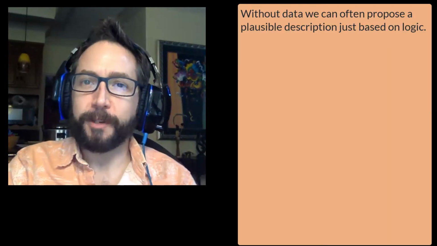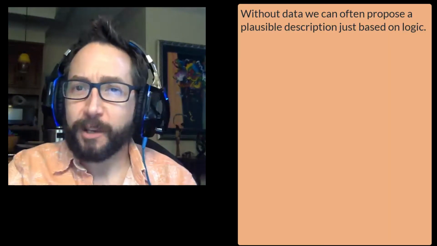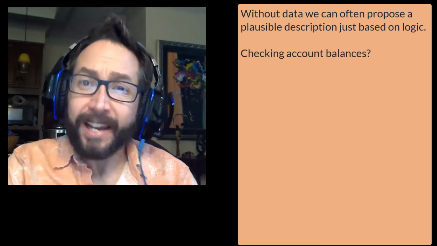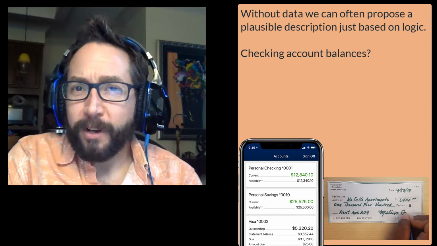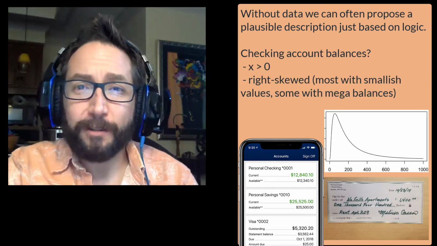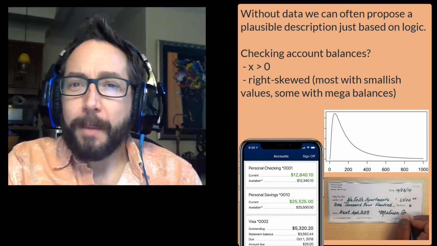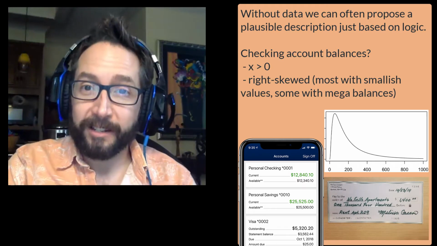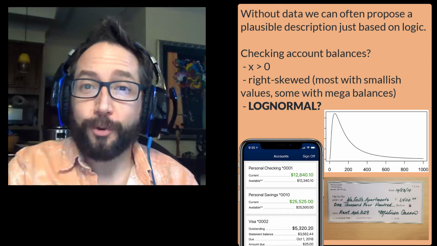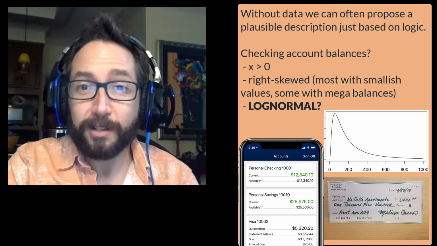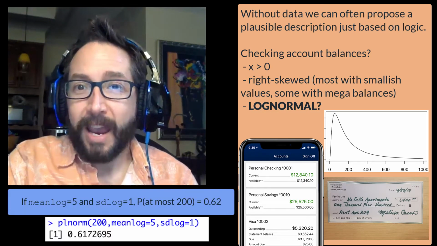Often from logic alone, we can propose a reasonable distribution just based on the random process that we're trying to study. So if we wanted to study, say, people's checking account balances at a bank, well, we know those values are going to be strictly positive. It's probably going to have a right-handed skew because a lot of values will be concentrated maybe at the lower end of the spectrum, less than $100, but there'll be a few people with a lot in checking. And so the log normal distribution might be our go-to. And we might say, okay, let's propose to use the log normal distribution to model this and see what the